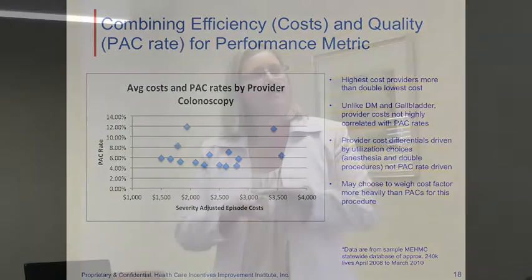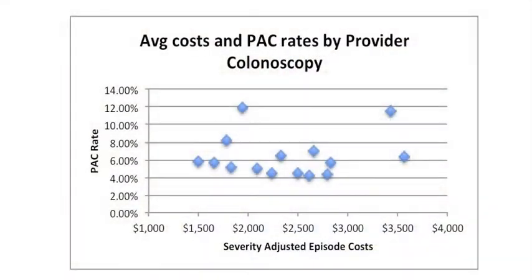the distribution here is a little bit flatter. So there's a wide difference in the cost of the colonoscopy procedures. The highest cost provider, I think their costs over here are about $3,500 compared to $1,500, so more than double. Not such a strong correlation for this. Their PAC rates are low generally for this procedure, but not a strong correlation here, unlike what we saw for